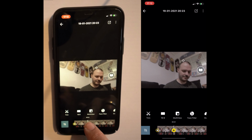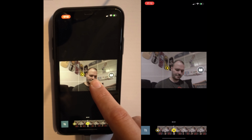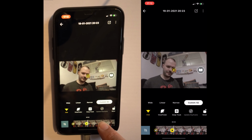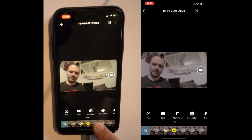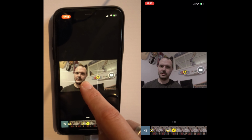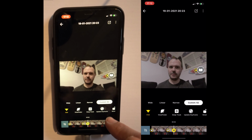So once we get to that point, hit the yellow cross again, create another keyframe, drag the picture so that the white cross goes on my nose again, hit update keyframe, and there we go, the yellow dot has moved to my nose, so we know that my nose is center frame. Move along a bit further in the timeline, and look, we go extreme over to the left. So let's find that center point, which is about there. Again, hit the yellow cross to create a keyframe. Drag the image so that my nose goes back to center frame, perhaps there, and then hit update